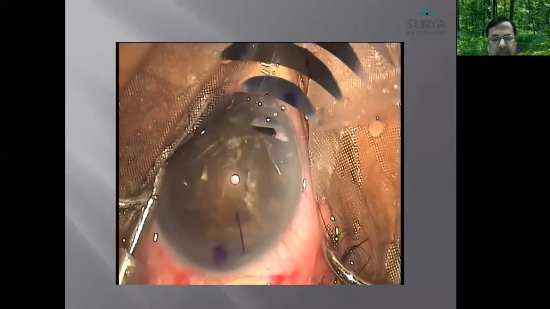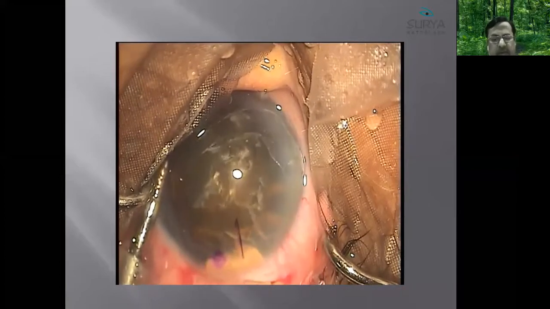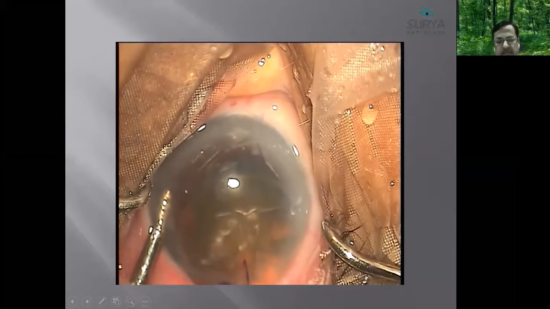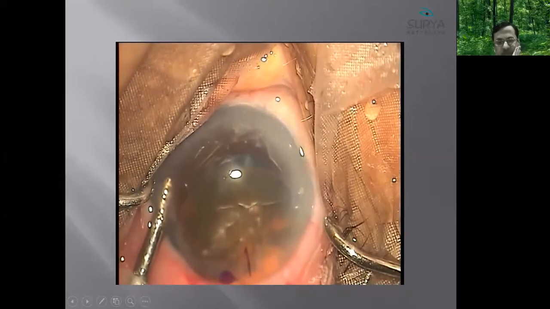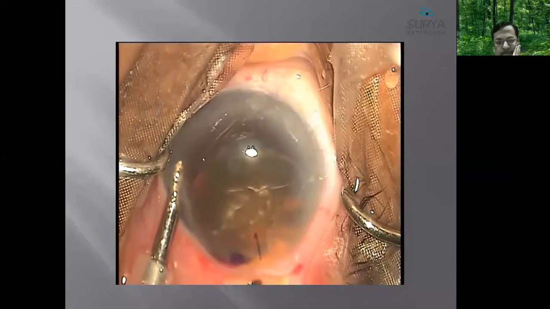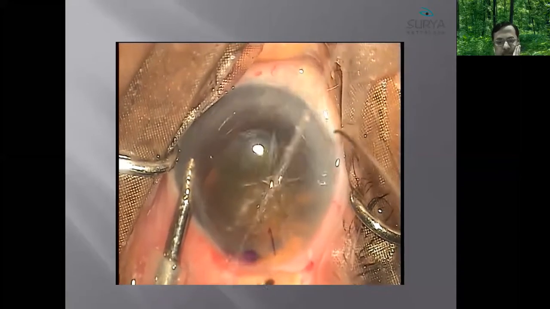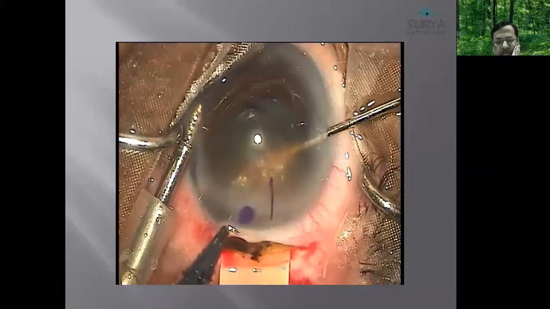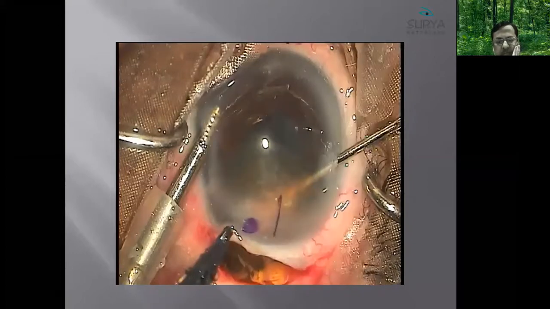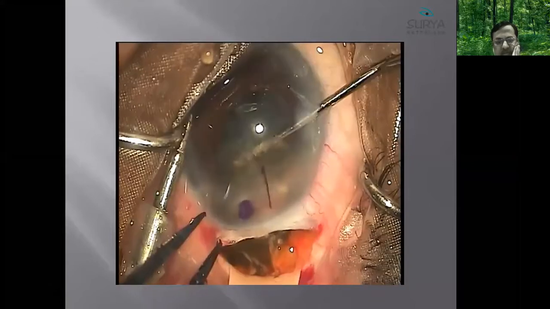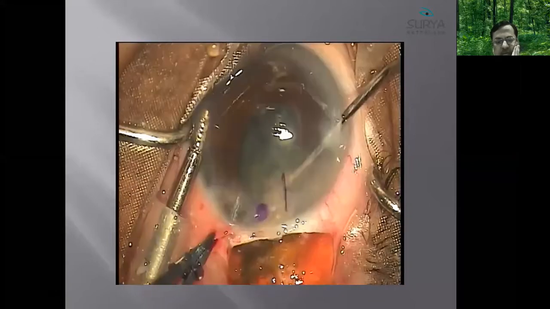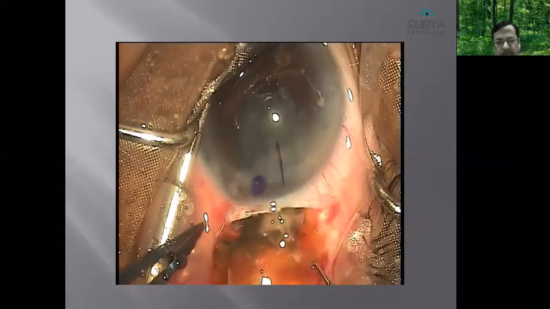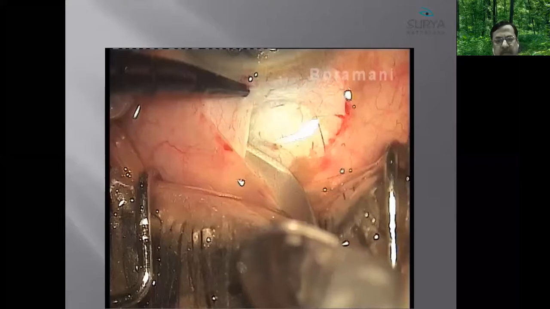Now, this is a temporal straight incision. The nucleus is brown and big. See, there is slight stretching of the sclera and the nucleus is pushed out. This is a hard nucleus, but it stretches the sclera. So either it comes out totally or it gets divided in the tunnel. I'll skip this video.